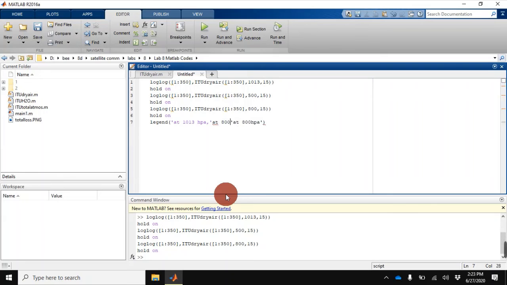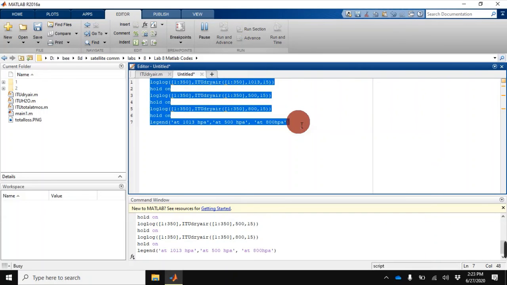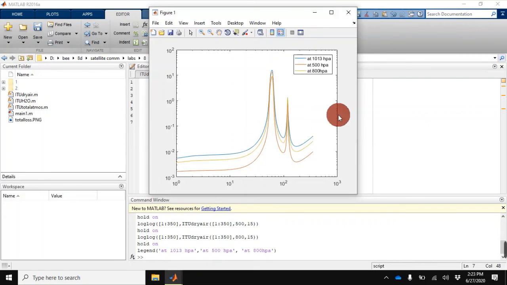Some kind of problem, I have to check. Okay, so here it is. Now when I run it, you will get a very good graph with every detail.